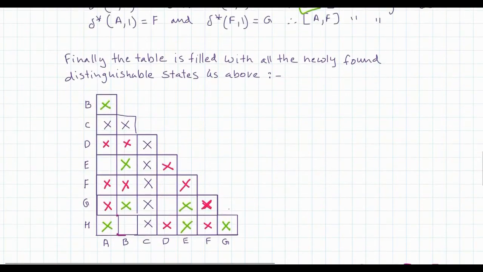Now when we stop, looking at this diagram, wherever there is an X mark, it means that those cells in those particular rows and columns, for example here B, this particular cell is marked with X, which simply means that B and A together are distinguishable. Similarly, when I say this cell is marked with X, it simply means that B and D are together distinguishable. But do you notice that there are some cells which are not yet marked?